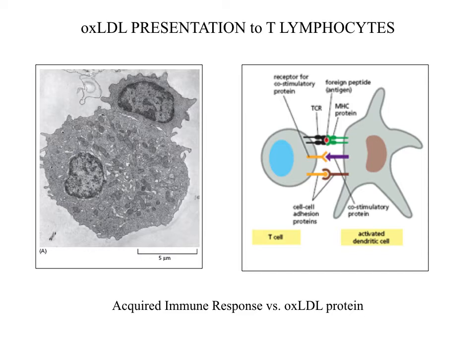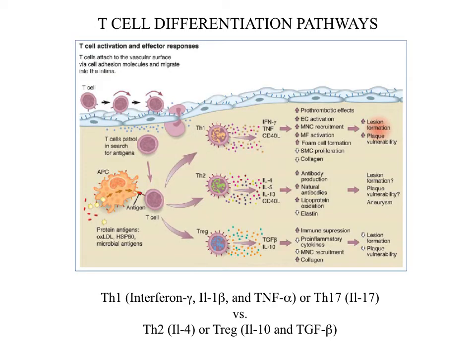They're going to present snippets of oxidized LDL antigenic determinants to resting T cells, and then we will generate an acquired Th1, Th17 skewed immune response to oxidized LDL protein, just as we will mount an acquired immune response to legitimate bacterial proteins. Now, the T cells are the drivers of atherosclerosis, and when our T cells are